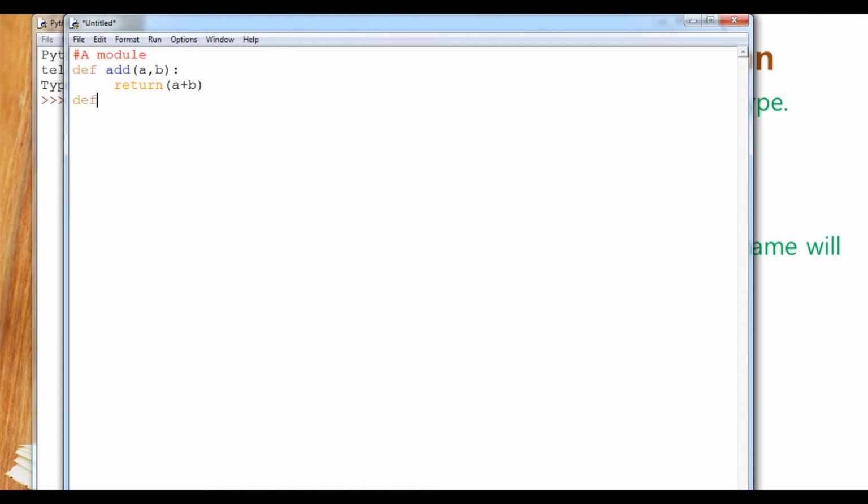Next, define subtraction. Here I am going to pass a and b, return a minus b. And I am going to use another function also which prints my name, say greet me. So here my print, students, here str, whatever the string.